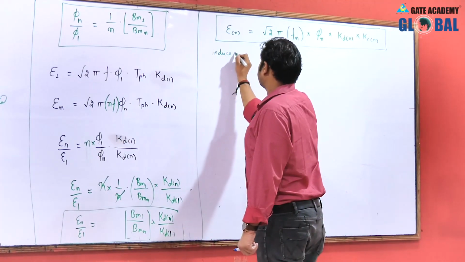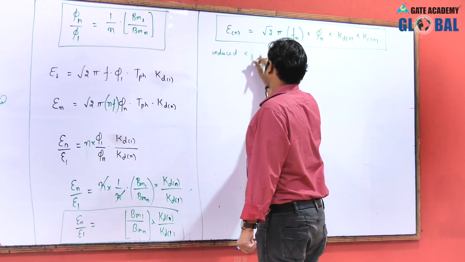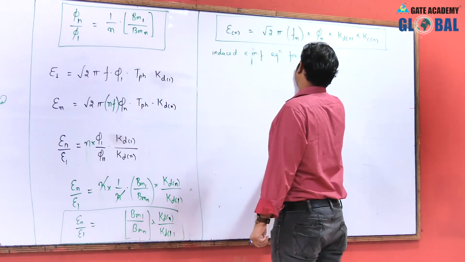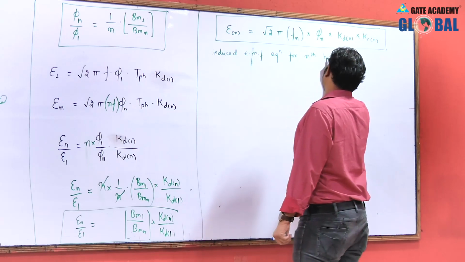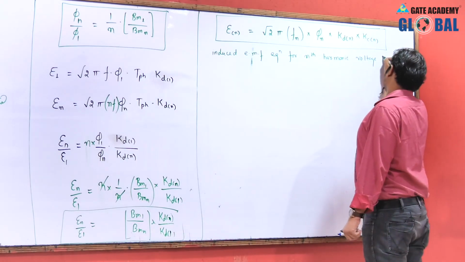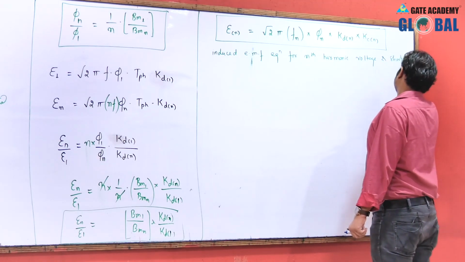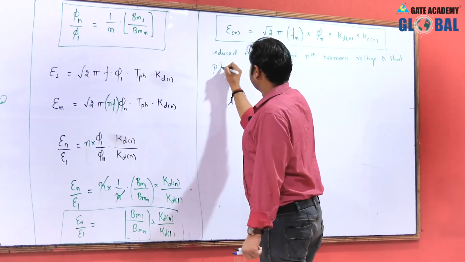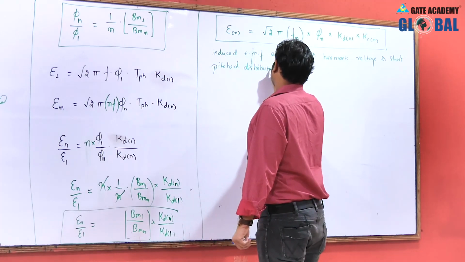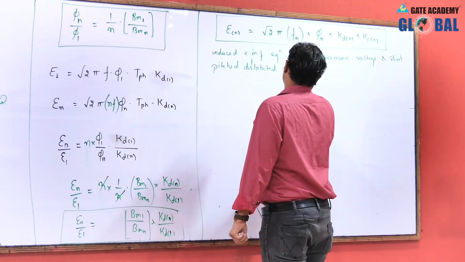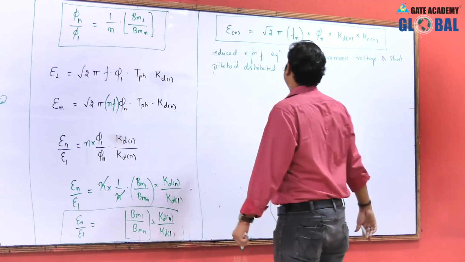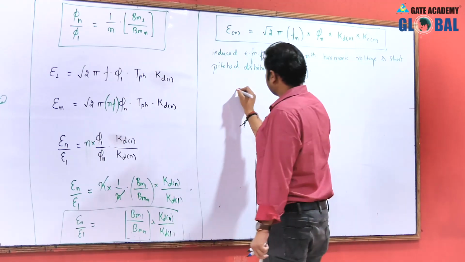Induced EMF equation for nth harmonic voltage in short pitched distributed winding. So you can say, sir, we have induced EMF for nth harmonic voltage, which you can also find in this term, that is under root 2 pi